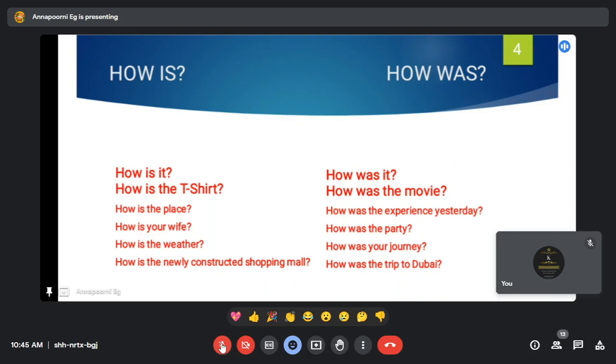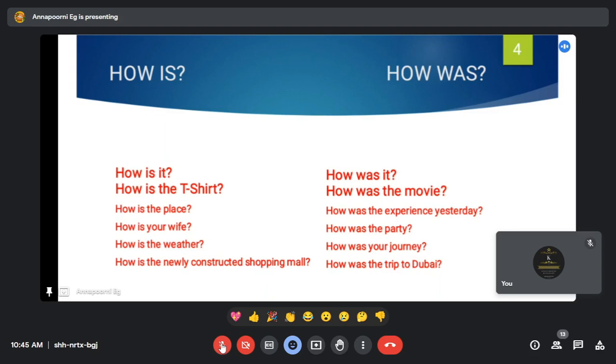Next is how is the weather? It means whether it is hot or cold or rainy or sunny. That is what you are asking. How is the newly constructed shopping mall? So in your town or your city, one new mall is going to be constructed. Imagine that the mall is constructed. It is open now. Visitors can go, people are allowed to go inside,